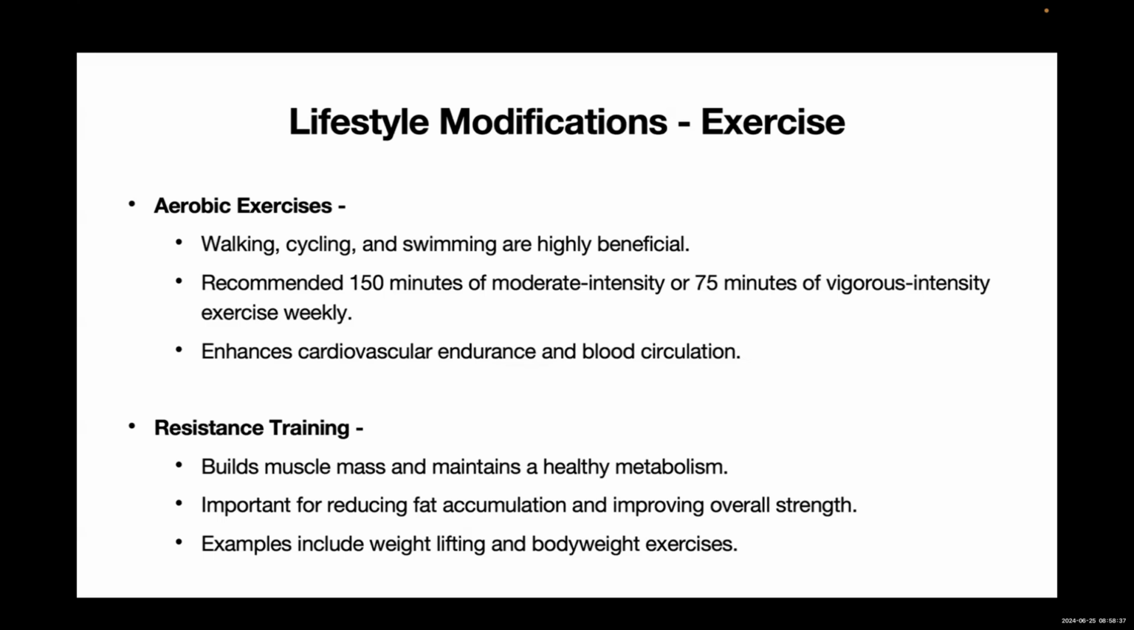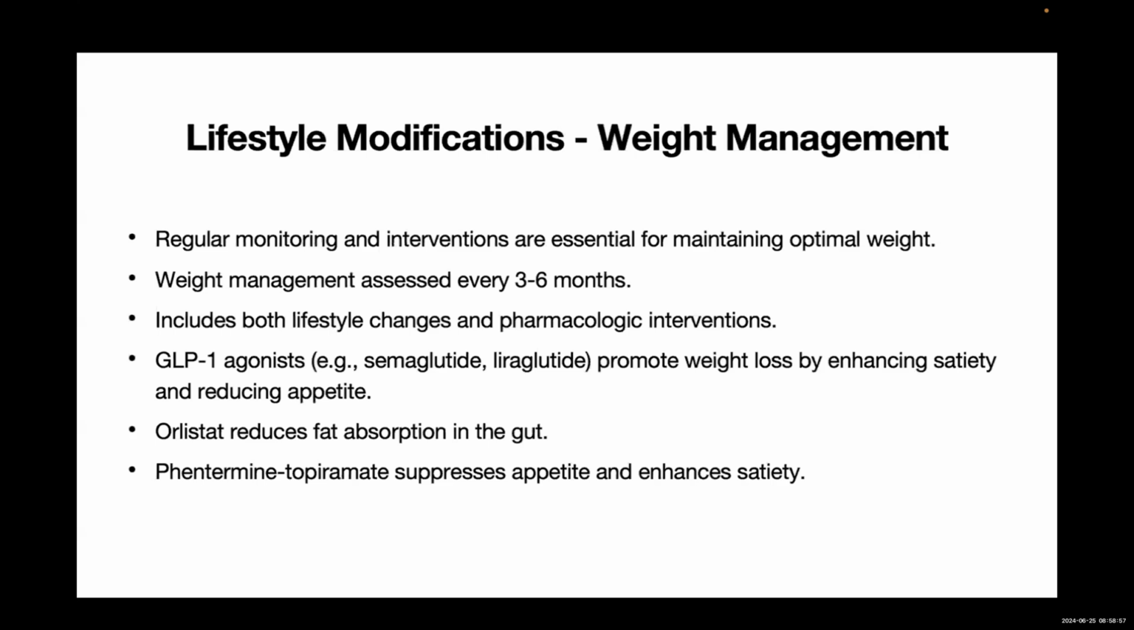For instance, high intensity interval training, which is HIIT, has been shown to improve cardiovascular fitness more efficiently than moderate intensity continuous training. Additionally, incorporating functional exercises that mimic daily activities can help older adults to maintain their independence and reduce risk of falls. Coming to weight management, weight should be assessed every 3 to 6 months